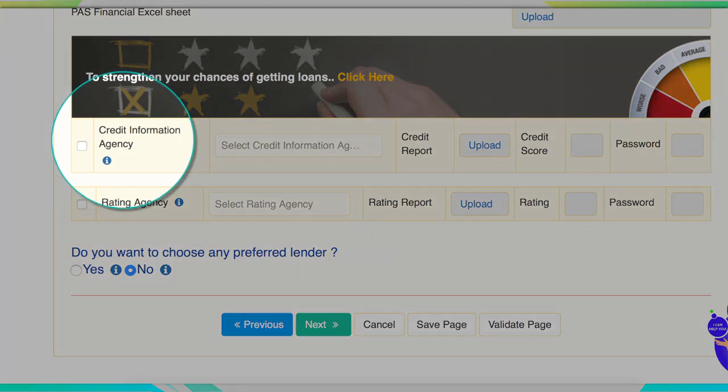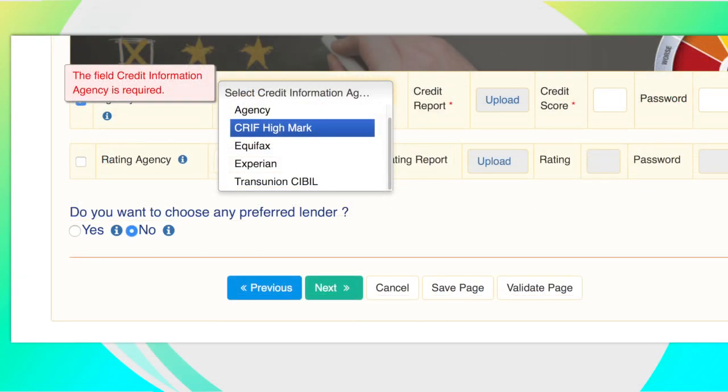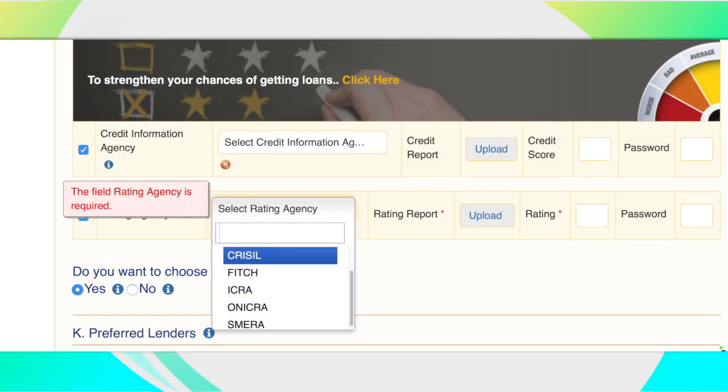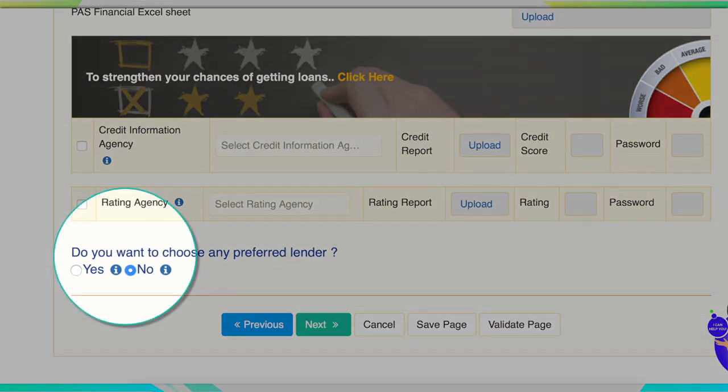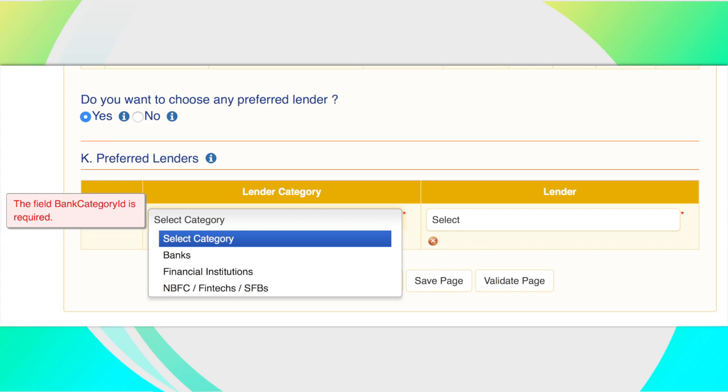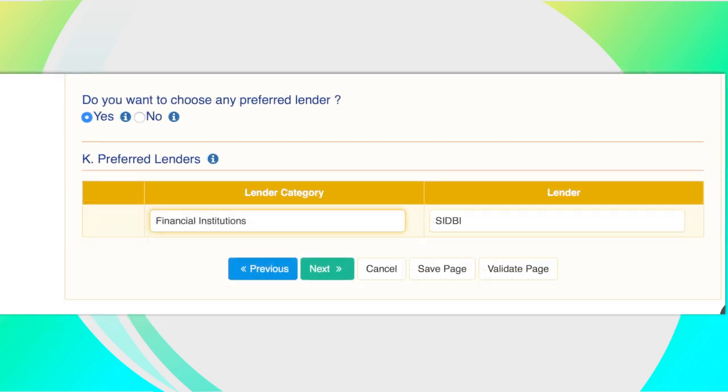Next, the applicant can select the credit information agency of which he or she possesses the credit report and can upload the same. The applicant can select the rating agency of which he or she possesses the rating report and can upload the same. The applicant can select the checkbox in order to choose the preferred lender of his choice. As soon as the checkbox is activated, additional fields get activated. Next, the applicant can select the lender category which ranges from public sector banks to fintechs,